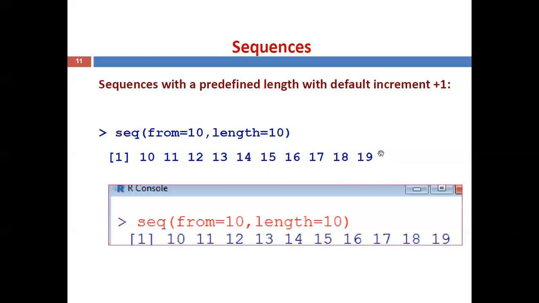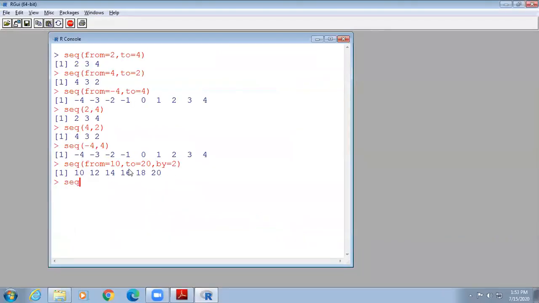Here we can't know the end value, but only the length is to be satisfied. By satisfying the length, whatever the last value is, that is the end value. So this is based on the predefined length. We'll also run this one. Here the starting value you have to mention, so start with 10, then length equal to whatever length you give, it generates that many numbers that are included in the sequence.